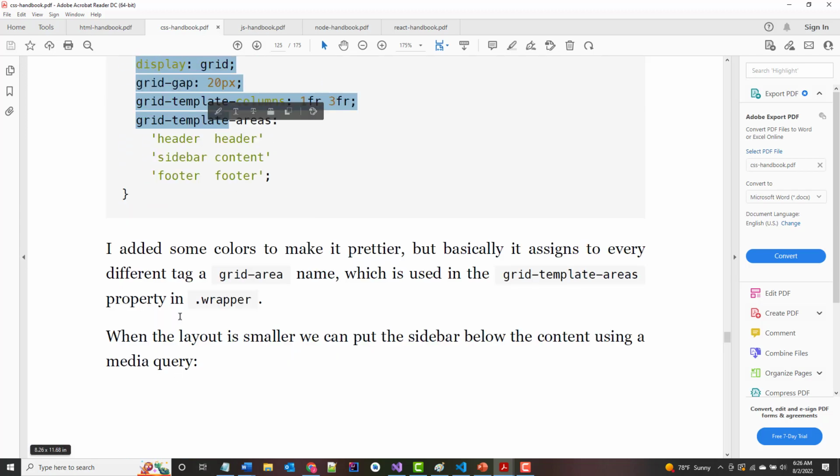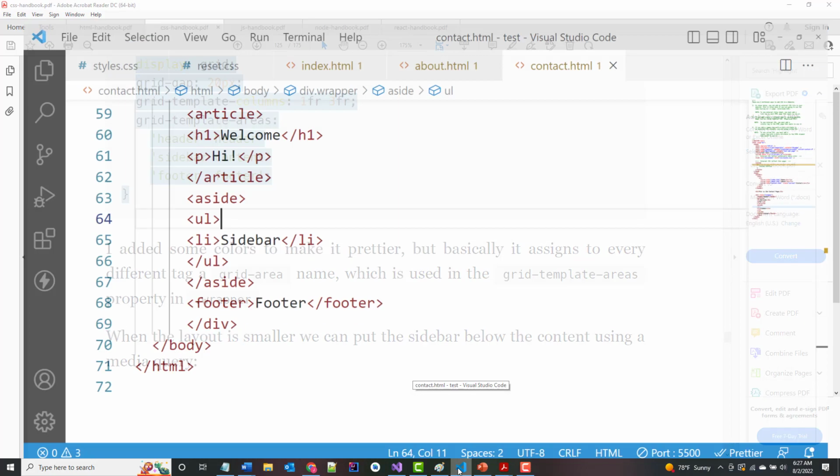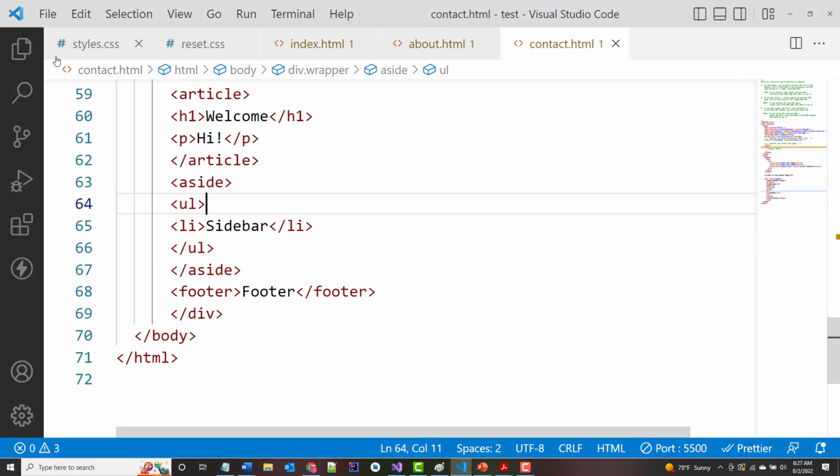I want to make sure I don't screw up anything that I'm using right now for the regular website. So I'm going to grab all this. I'm going to copy it to the clipboard, and then I'm going to come in here and go in